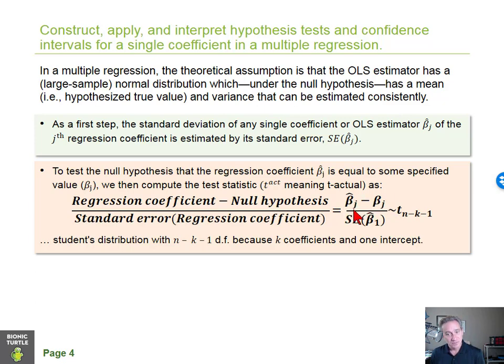But that's a difference in raw units, is it not? So we divide by the standard error, which is a standard deviation, to standardize this, in much the same way that we'd standardize into a z value with a normal distribution. So we're computing this distance between the observed and the hypothesized value in standard units. Except that in this case, it doesn't have a normal distribution. It's a Student's t distribution,